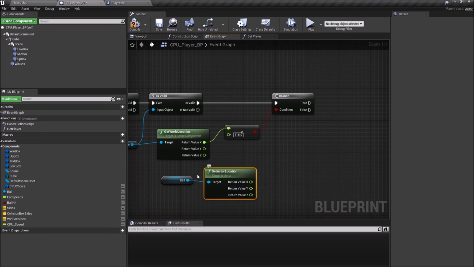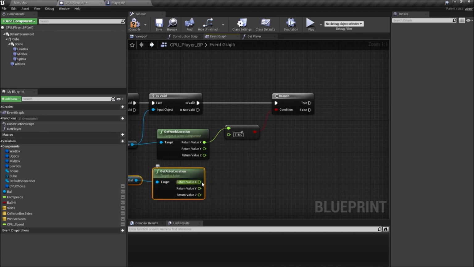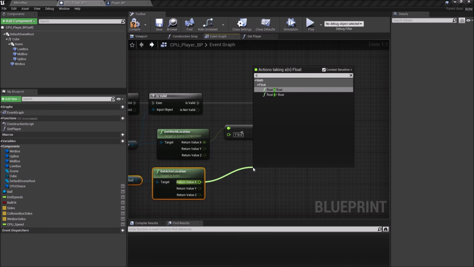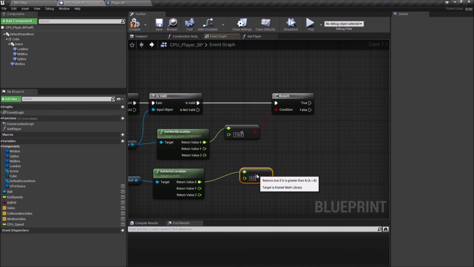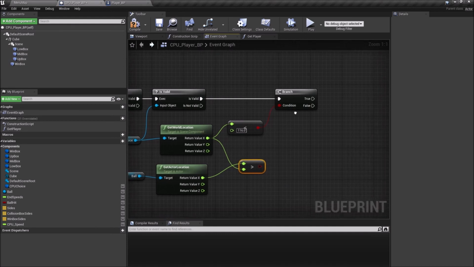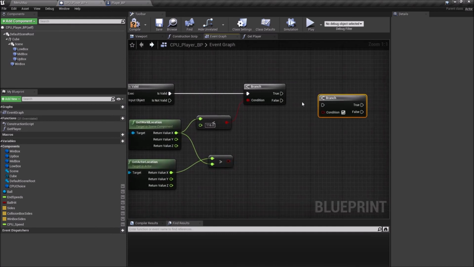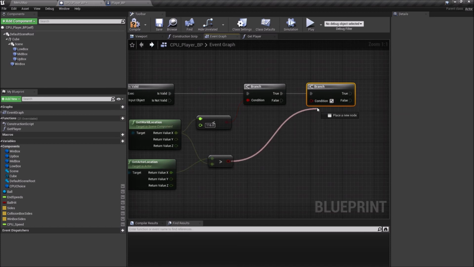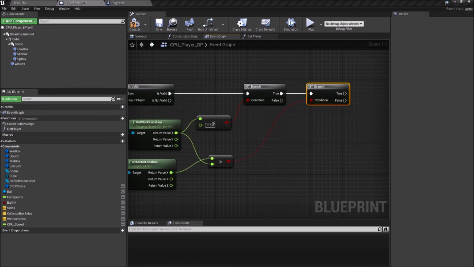If it's greater than a certain amount, so if the ball's x-axis is greater than the CPU choice x-axis, I'm just going to hold down B, left click to add another condition. If that's the case, then what we're going to do,